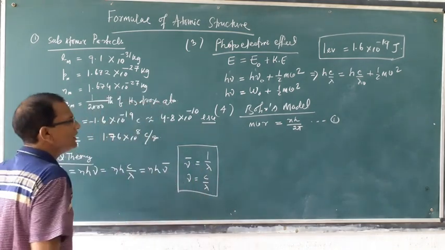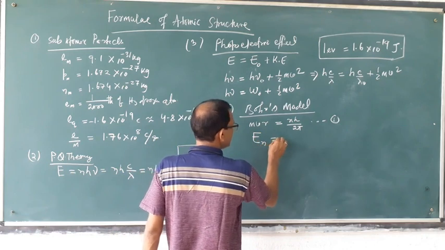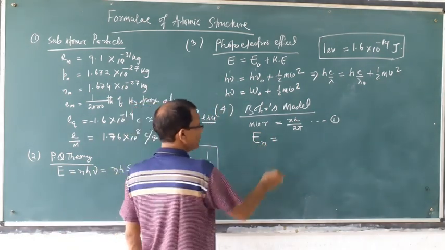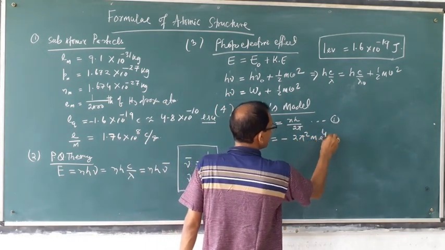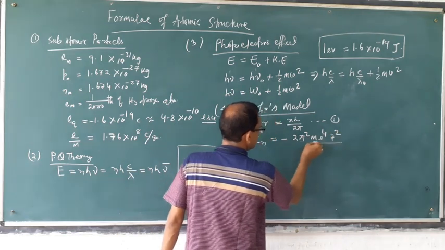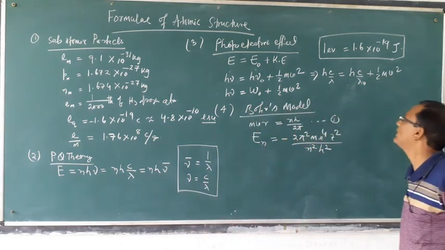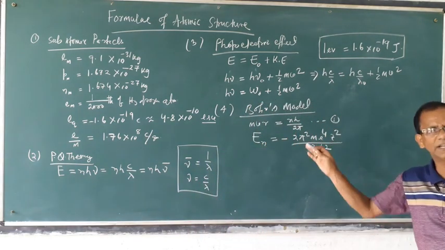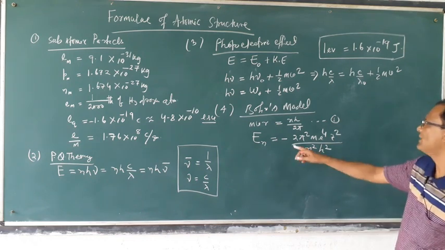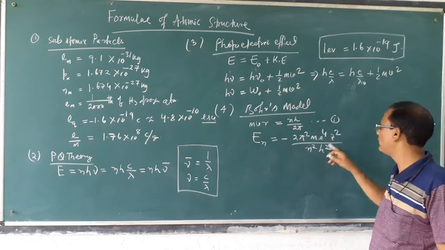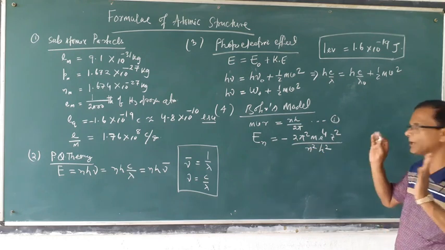Then regarding energy of electron at any orbit for any atom, it is equal to minus 2 pi square me4 z square upon n square h square. This derivation was already done in the last lesson, in the previous class. You can also check. Minus 2 pi square me4 z square by n square h square. This is the calculation of energy for any atom.